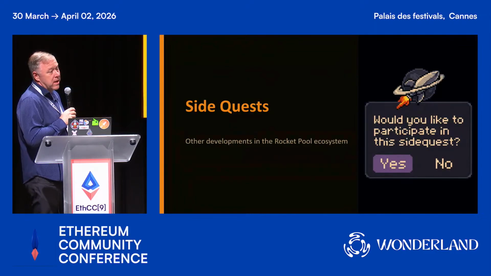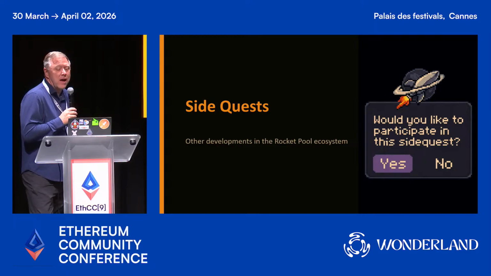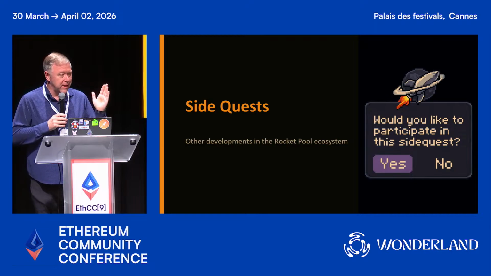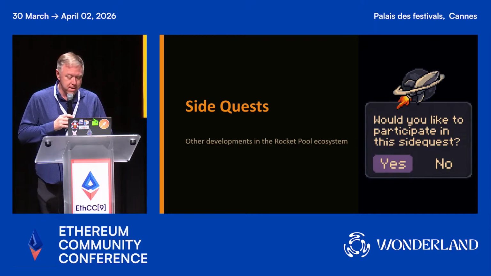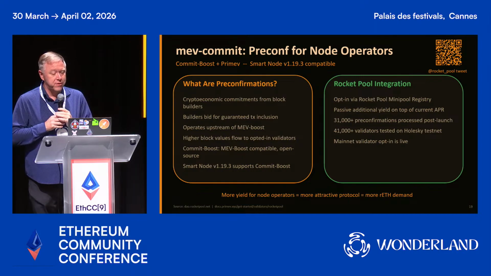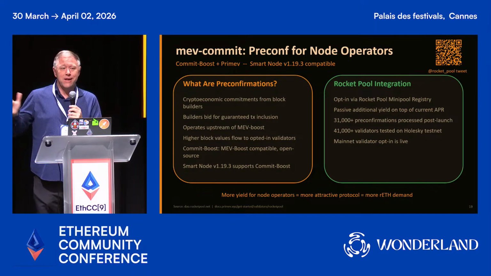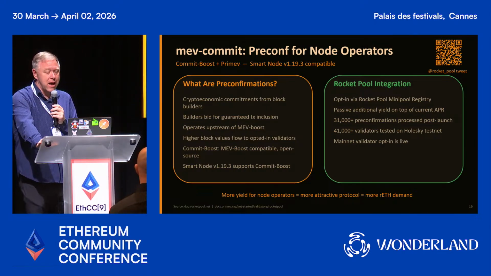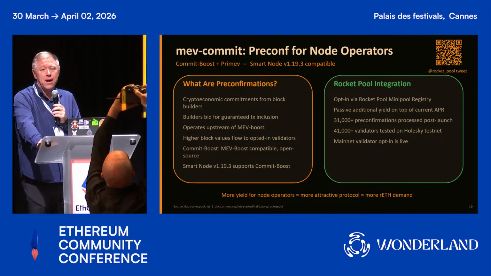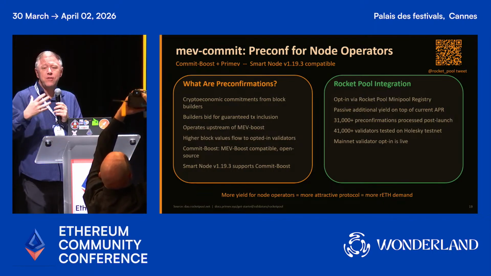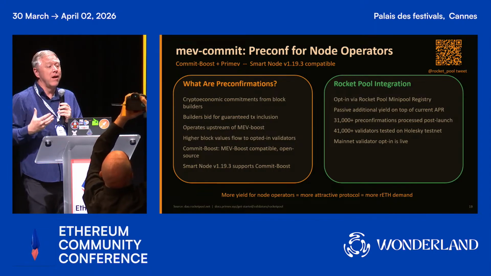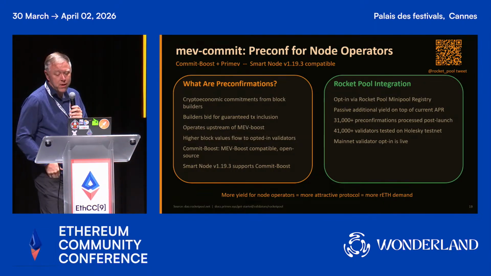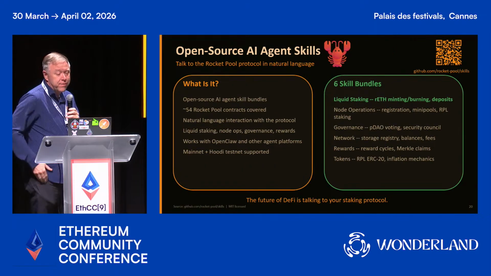I'll mention just in I think 3 minutes that I have left in here, just a couple of side quests, and then I'll mention what's coming up. So there were 2 side quests that were kind of interesting in the last couple of weeks that Rocket Pool did that I think are worth mentioning. The first one is it did adopt, and I actually didn't know this, the people at this conference were telling me, it did finally adopt an integrated MEV commit, or I guess it's commit boost, excuse me, into its protocol as a sidecar. So now our node operators can run commit boost in there, and we can participate in the pre-confirmation market. And that's something I've been advocating for quite a while, so it's great to see there.